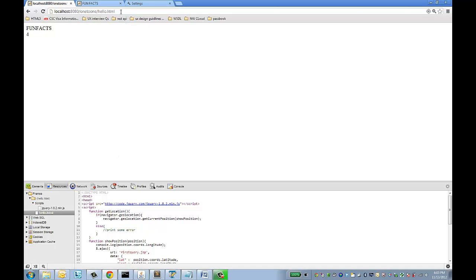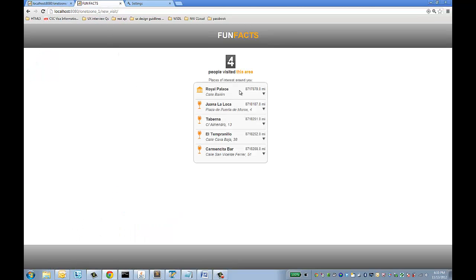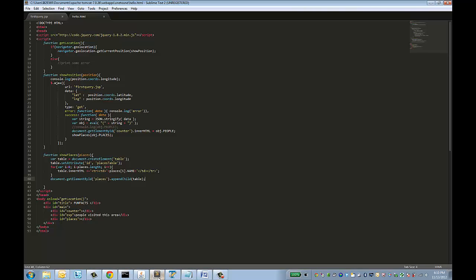Let's go to our page and refresh it. 4 people visited this area, and here is our table, the list of the places. Now before we go back and change our HTML5 code, let's take another look at our target HTML5 page. We have a table of the places here with the name of the place, the distance, and the address underneath it. So let's go into our editor and print out other attributes of the place, like the address and the